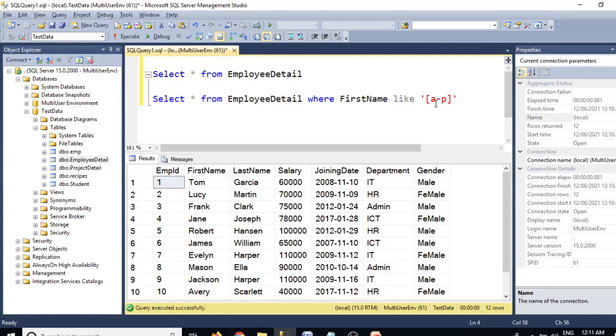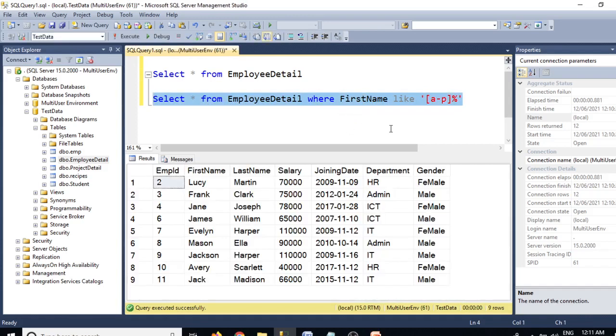If you remember, last time we have written A to P, and then at the end we have written percentage. So this will retrieve the employees whose first name starts with a character between A and P. So this is what we have written.